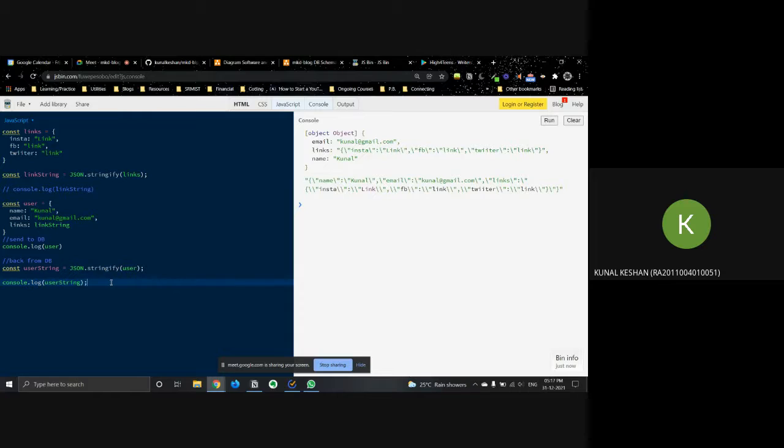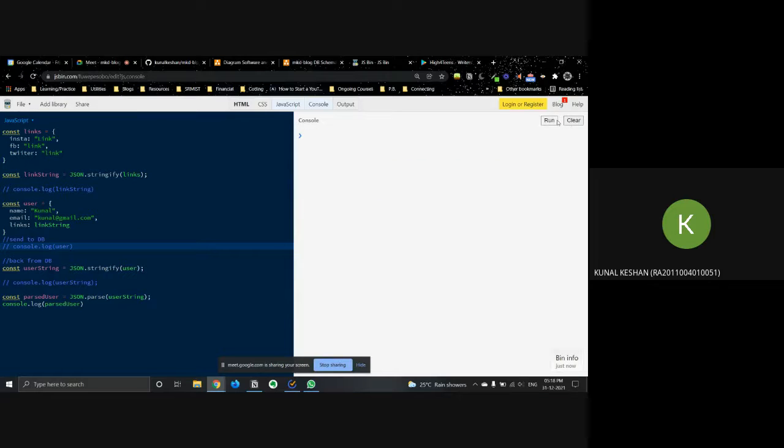So now, the obvious question: how do we make it readable, right? So const parsed user is equal to JSON dot parse user string, and console dot log parsed user, and just comment this out. Okay, so now we have it back as an object, but the links is still in the form of a string.